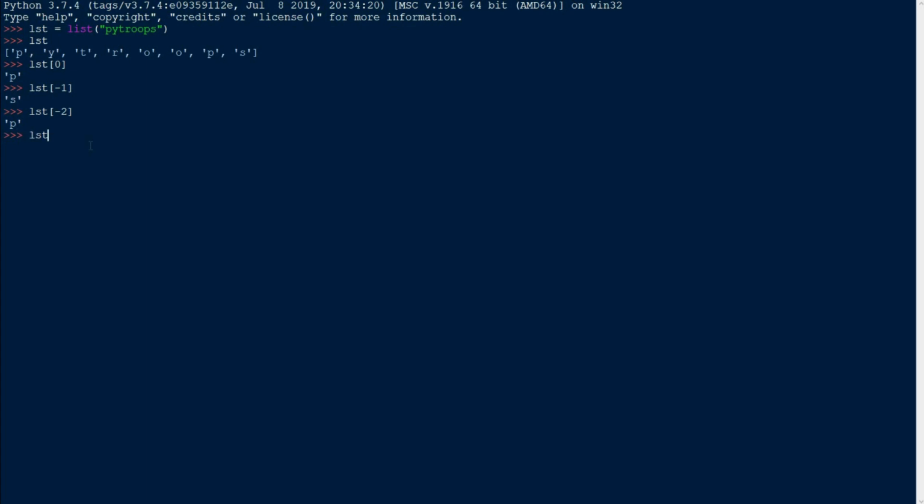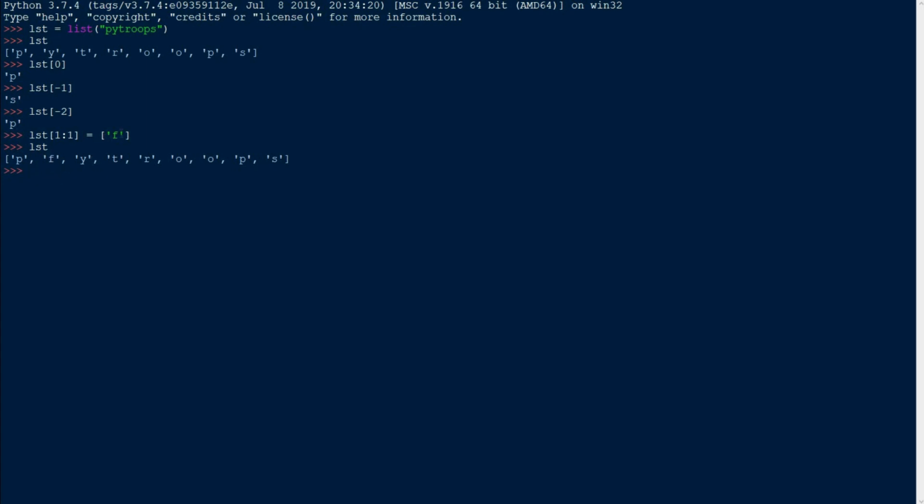Let's say lst. We want to add the value at the first index. We need to make sure that we type 1 over here, type a colon, and then type 1 one more time. And now type equals and create an empty list, and in the list type the value that you want to add. Let's say I want to add f over here. I'll press enter, type lst and press enter. See, we have f at the first index of the list.